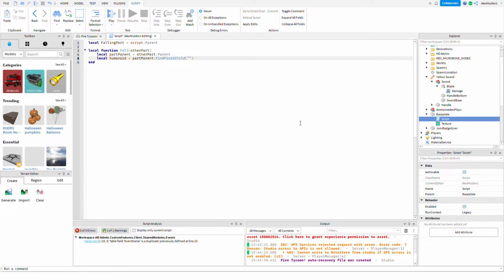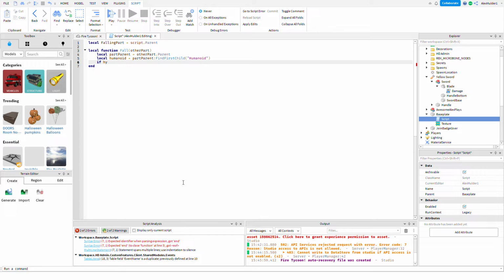And now basically it's gonna look for this. So if another part touched it, it's gonna look in the parent of the part that touched it, and see if there's any child in that parent called Humanoid, and if there is, it's gonna trigger. So now if humanoid, which you could put true if you want, but I put humanoid. If humanoid, then